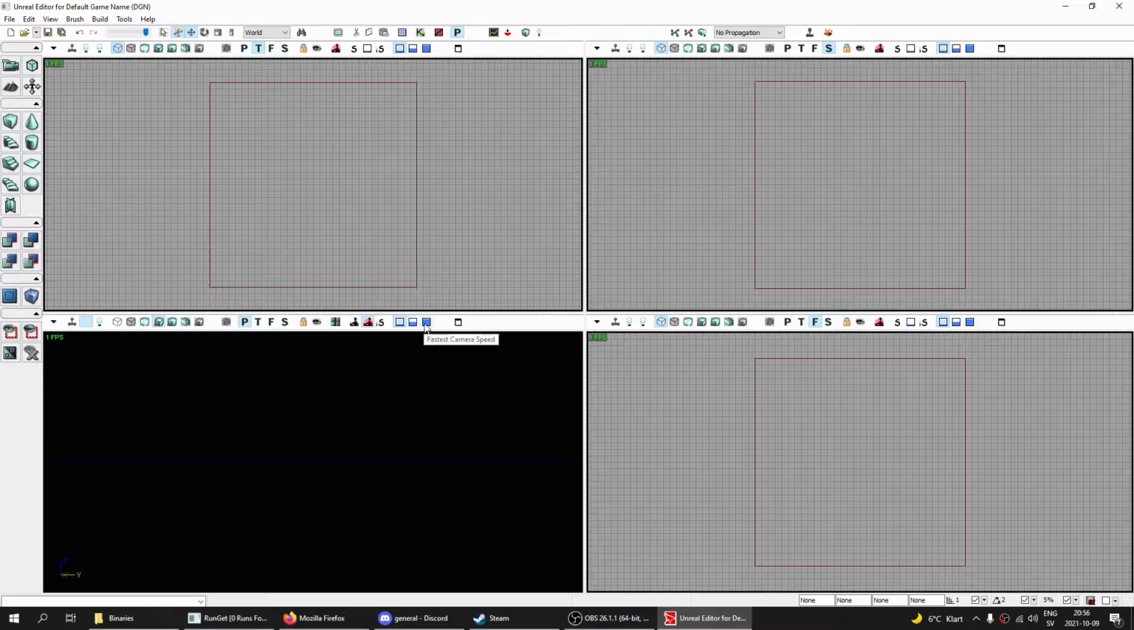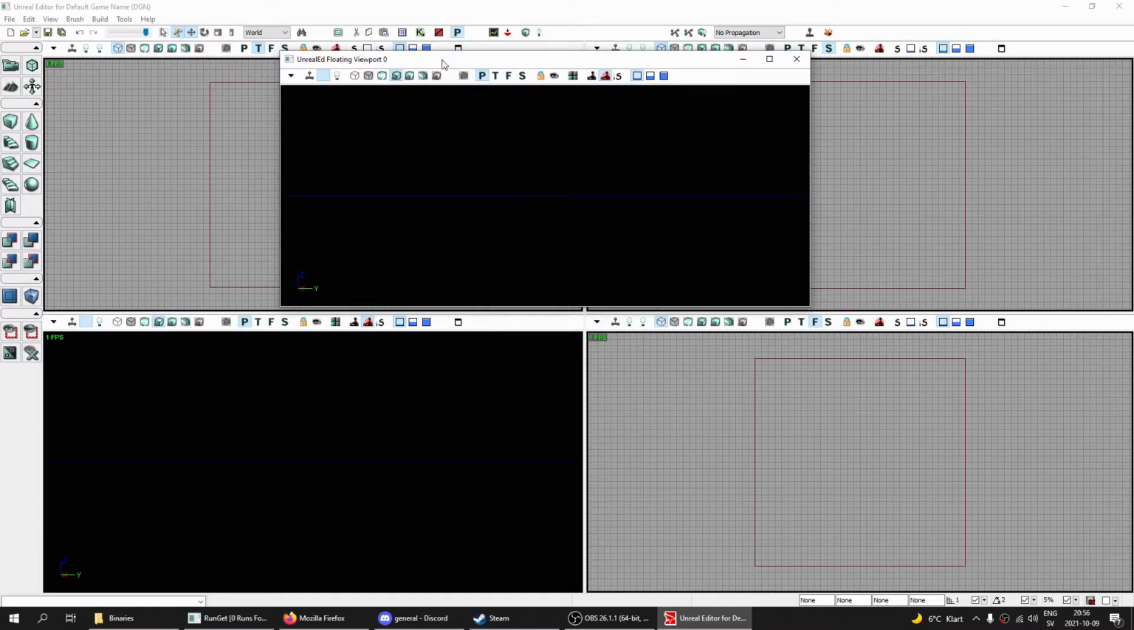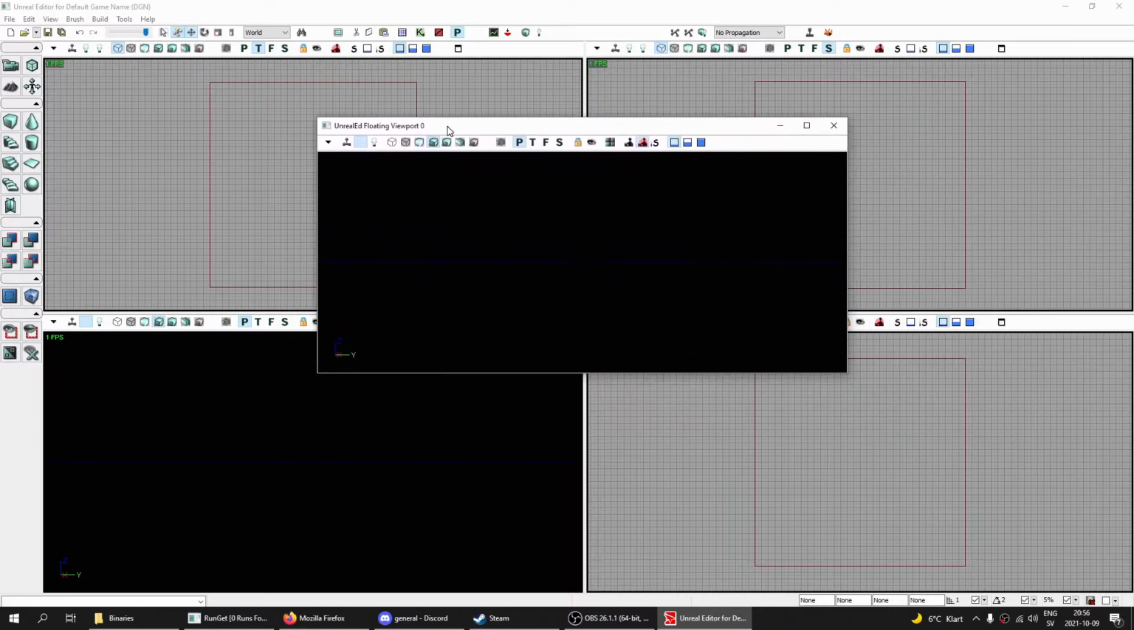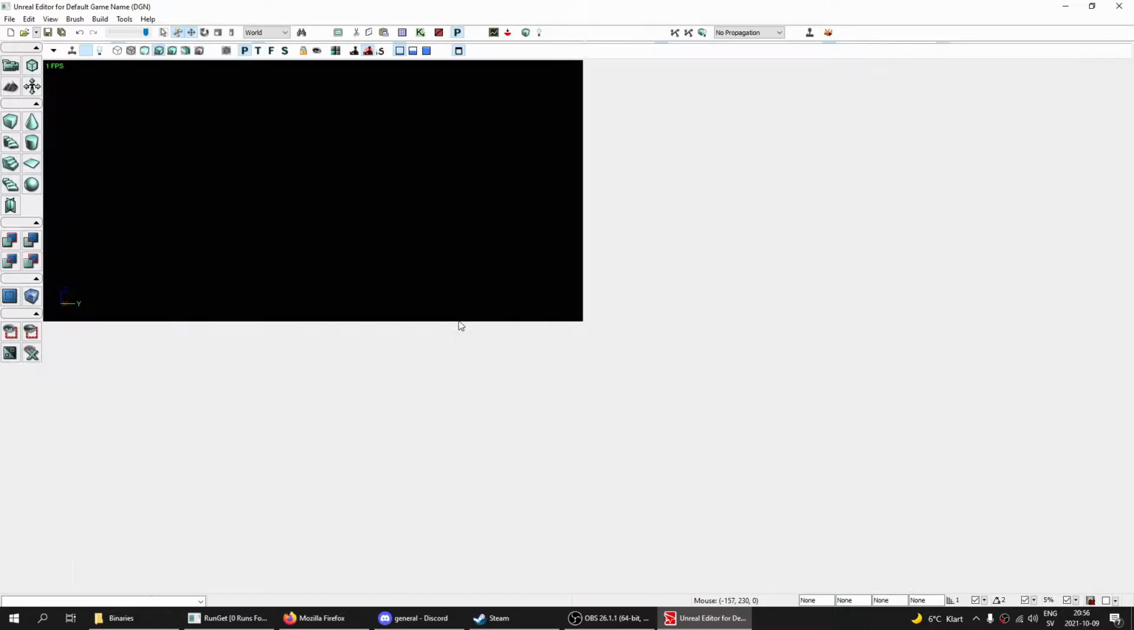These are the camera speed for the windows here, and you can click on the missing icon to make a copy. This error will always show, but then you can move this to another screen if you have one. And yeah, I'm gonna have to maximize this viewport,